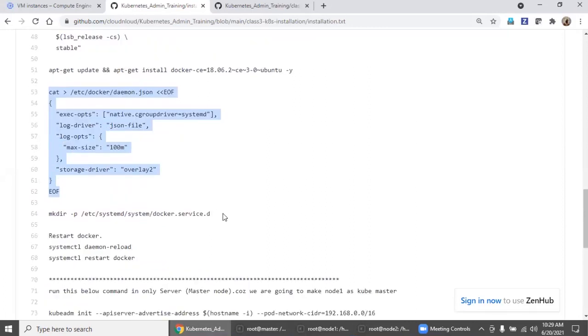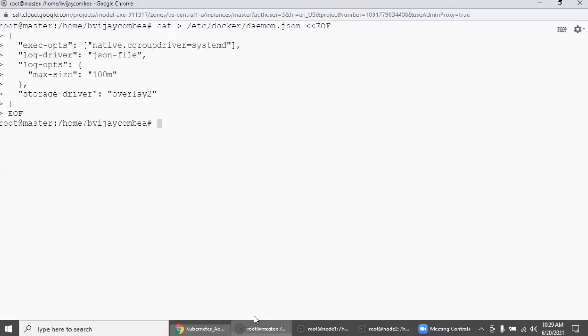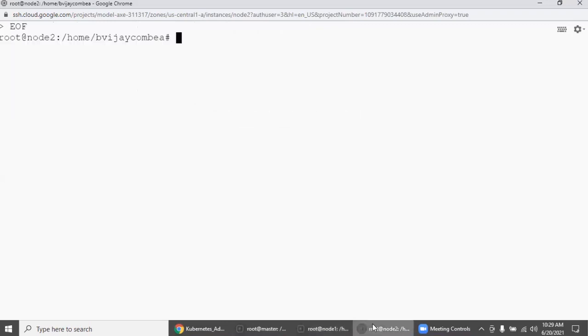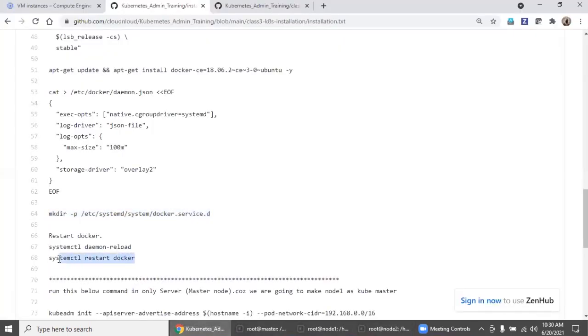So now you can create the service.d directory in all three machines, and restart and also enable it.